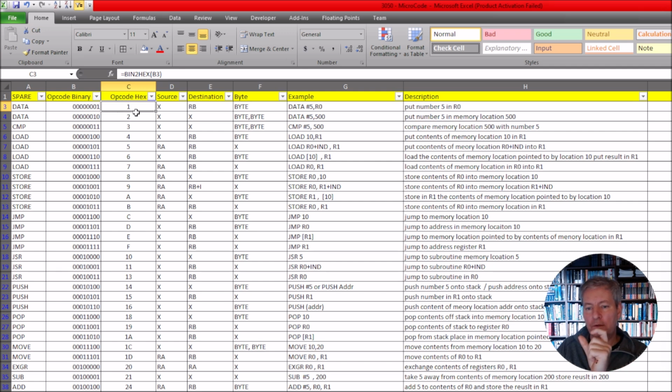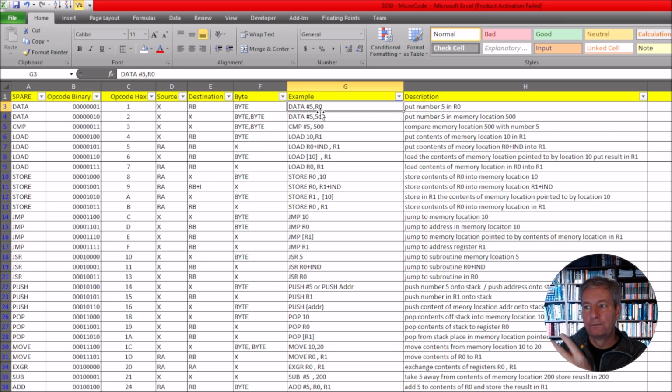So that would be the most significant bits for the hex code, and then in effect that'd be the opcode, and then the destination would be the other 2 bits. So the destination in this case here is going to be the register R0, okay? So this would be 0, 1, and then it would be